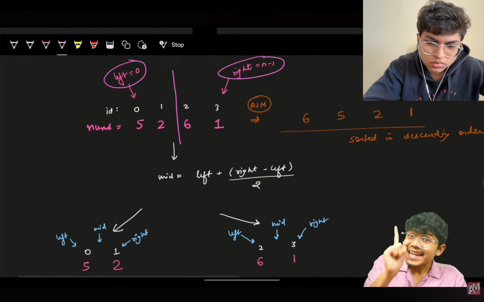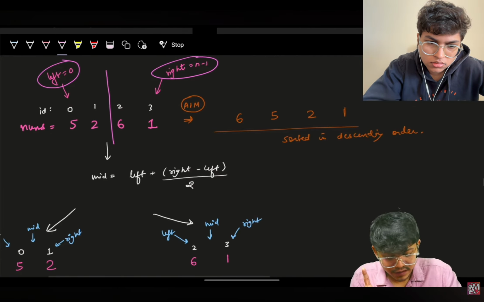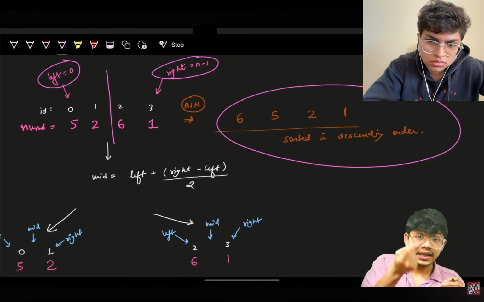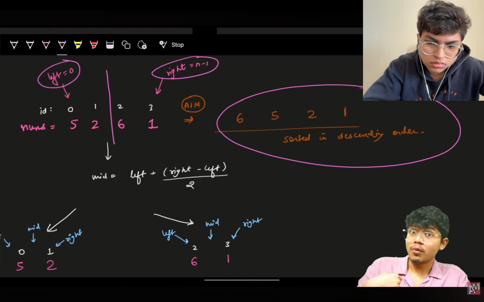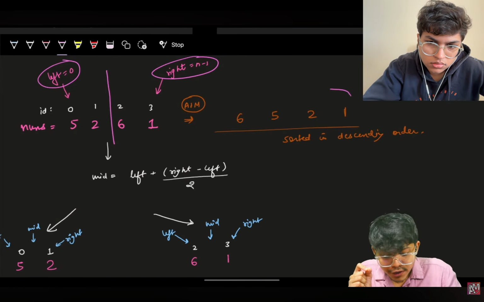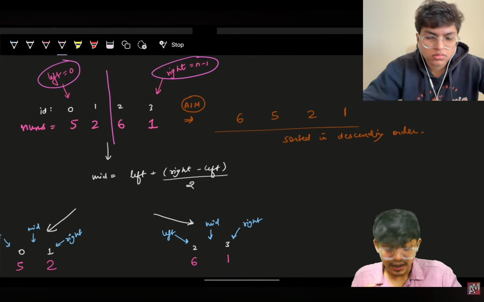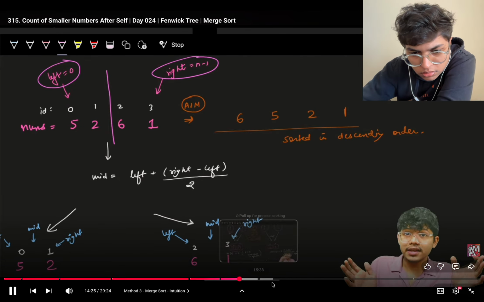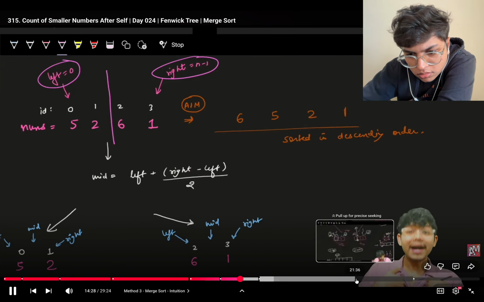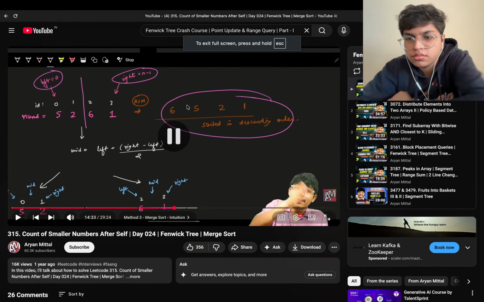Now, when you have seen that you can do a simple division, ultimately remember what's the aim of merge sort? As the name says, it's a merge sort. It is a sorting algorithm, so it will try to sort your array. It can be either increasing or decreasing depending upon what you want. But remember what we want. We want it in decreasing. And why are we saying decreasing? Because if you remember, we want the count of small elements to the right. So we want smaller elements to the right of our value. Merge sort can sort in both increasing and decreasing, but now my requirement is that I will sort it in decreasing order because I want the count of small elements to